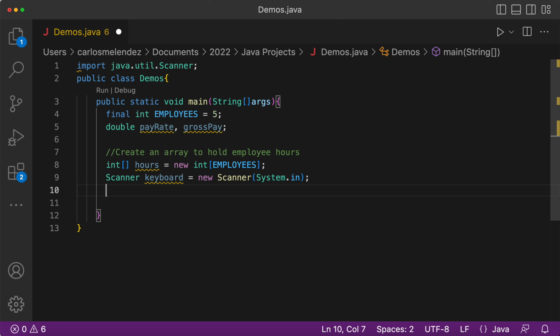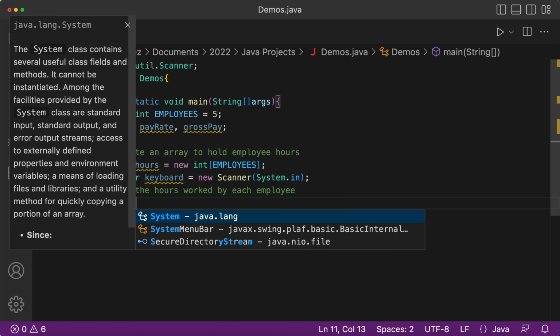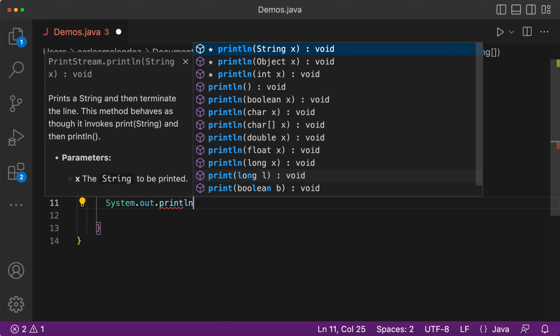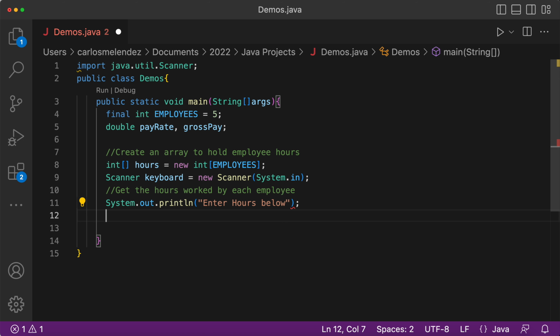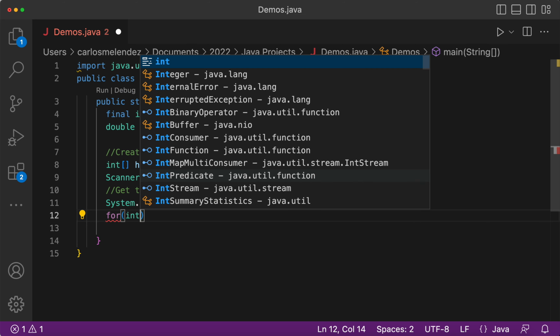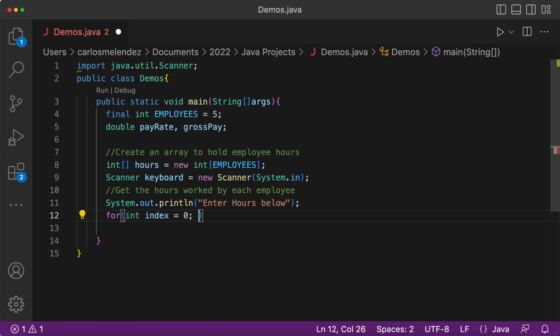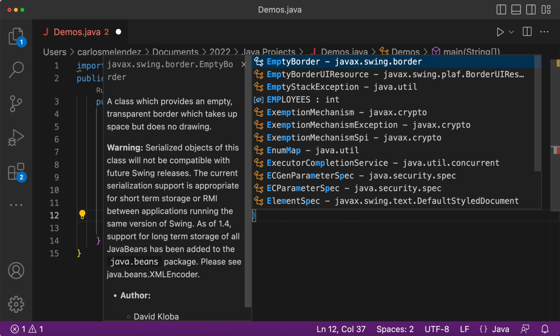There we go. And then we are now going to get the hours worked by each employee. So we're just going to say System.out.println, enter hours below. I'm just leaving it vague. And then now we're going to do a for loop. So we're going to say for int index equals 0, index is less than employees,